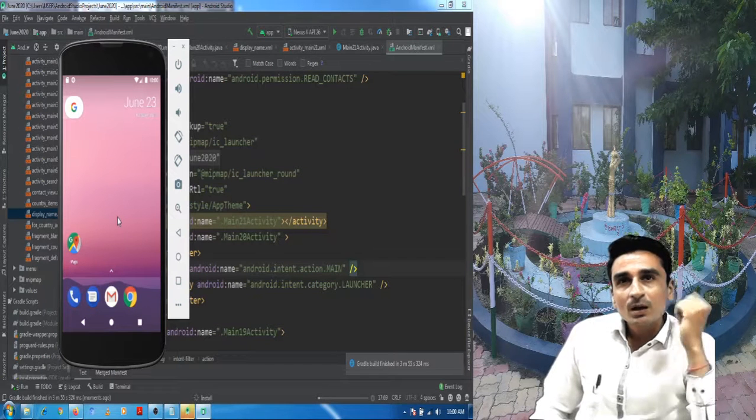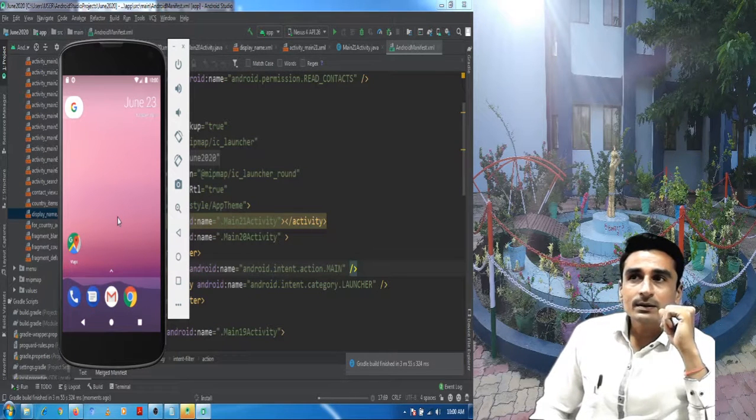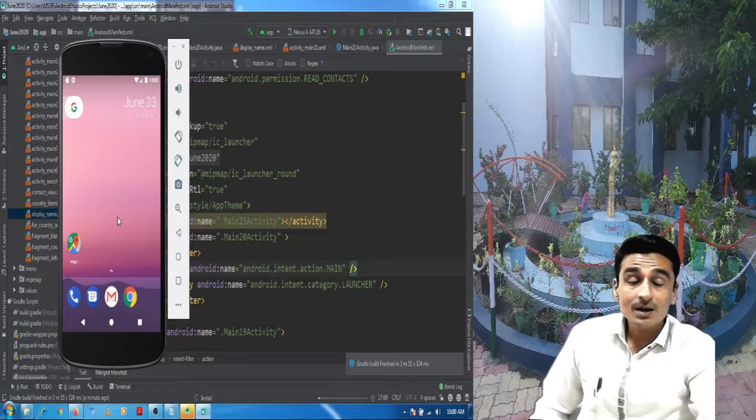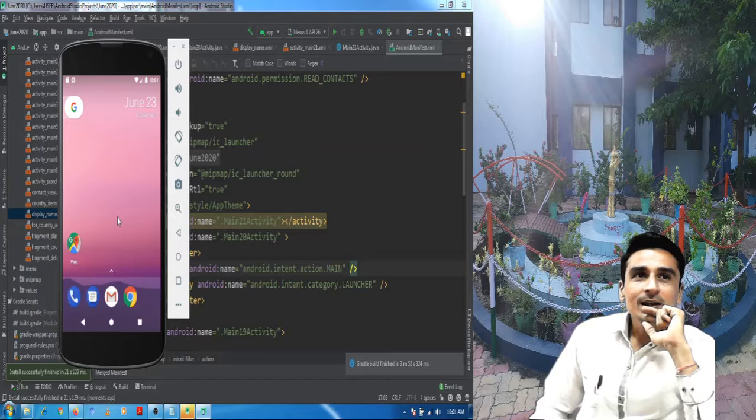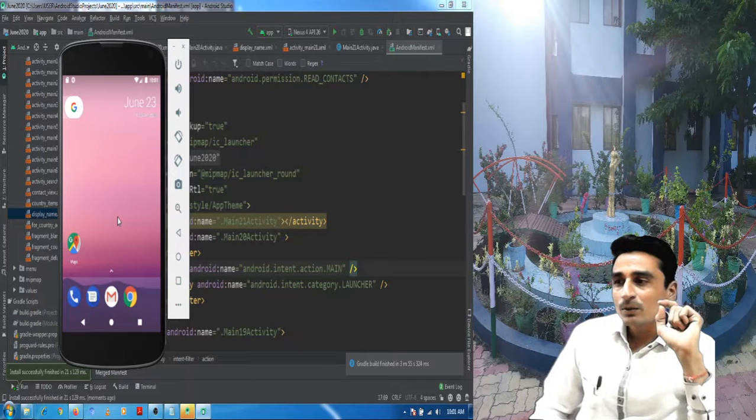We have also learned and discussed that intent in the session of intents. Okay, action dial. What will that action dial intent do? It will open the dialer application, and the phone number which we will pass as second argument will be shown there in the dialer. Okay, so it is very easy to implement code.